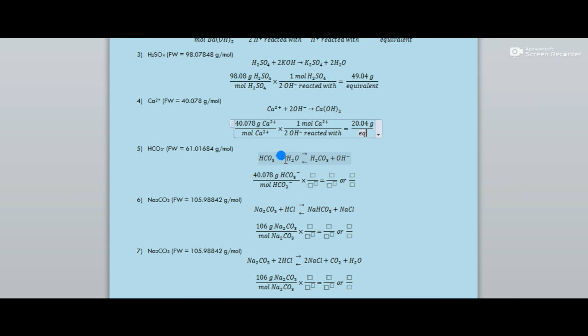Okay, so it will react with water to form a weak acid. Here, bicarbonate is acting as a weak base. This one is an acid, this is an acid, this is a base. Okay, so we use a conjugate acid-base pair. So this is a base, this conjugate acid is